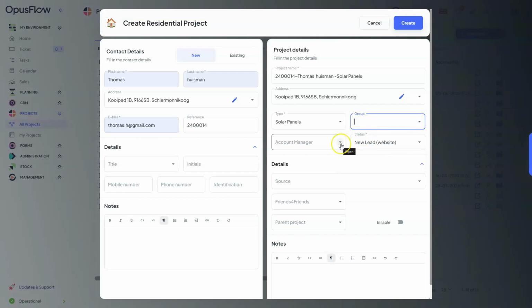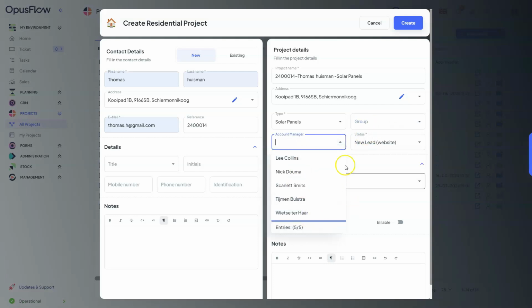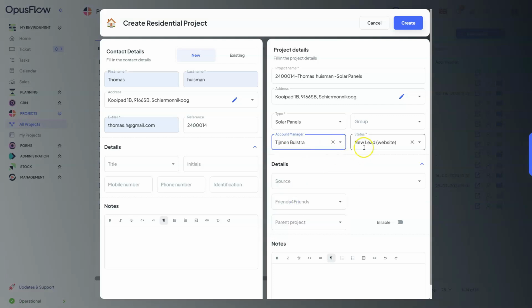You're also able to choose the account manager of this project. And very importantly is the status of the project. Generally, by default, the status is a new lead because creating a new lead in OpusFlow is also creating a new project.